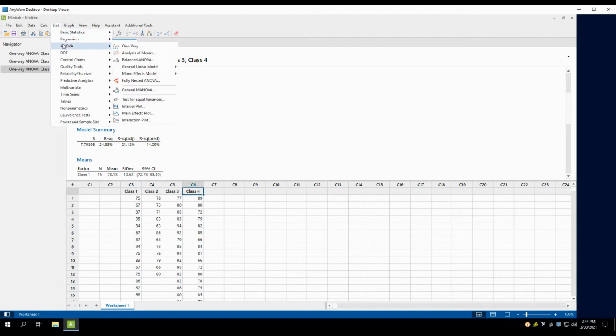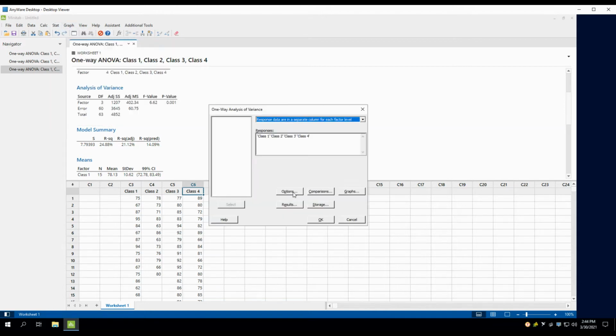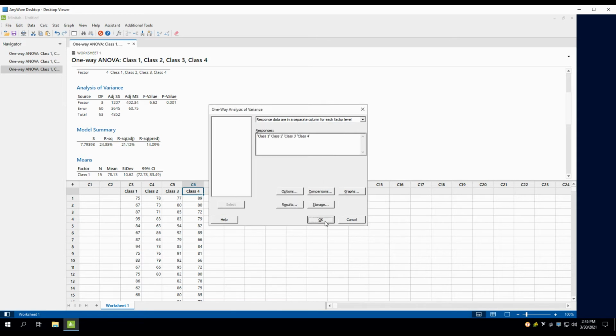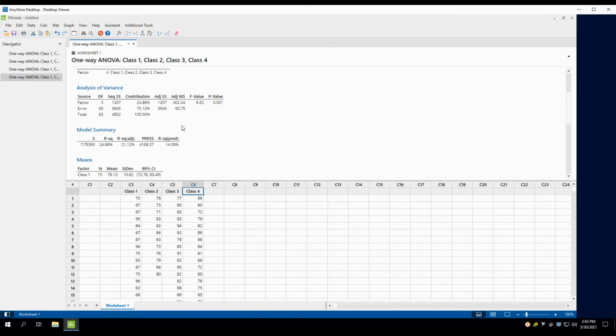We'll do a little bit more exploring here on the one-way results. You can see what's being reported here, the method, the factor information. That gives me all of these different pieces over here. For example, if I clicked on model summary, turned that off, I would not get this model summary information there. So I just always leave those on. In the expanded tables, we could do that, and this is going to expand those tables out just a little bit. So we get the contribution,